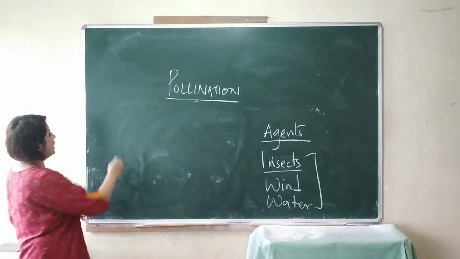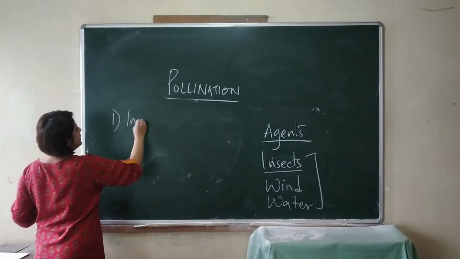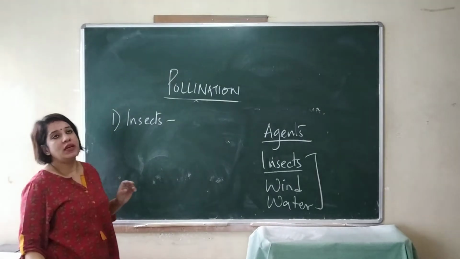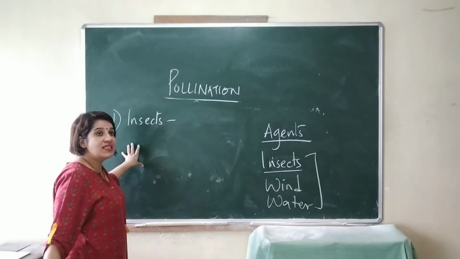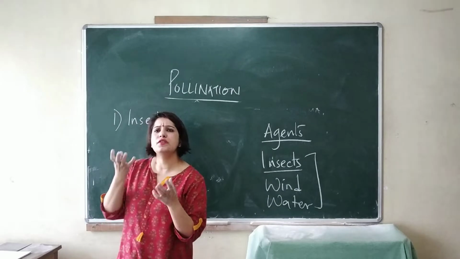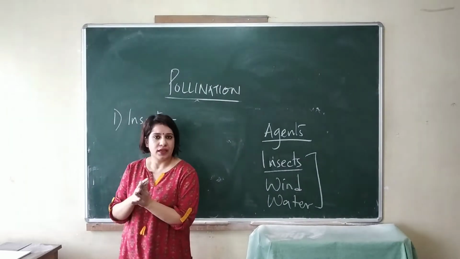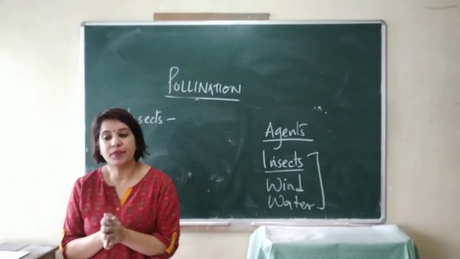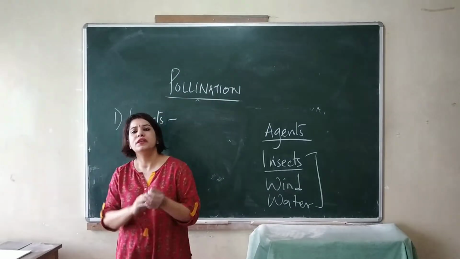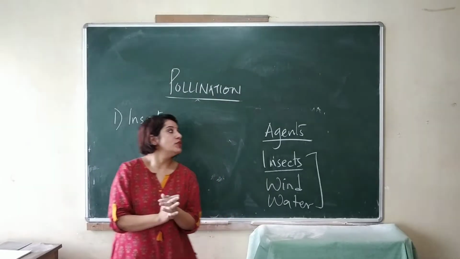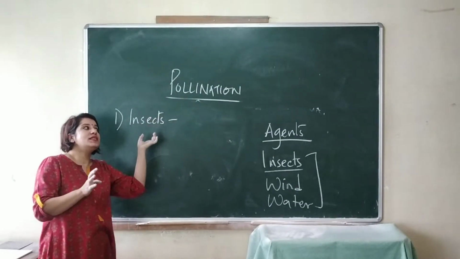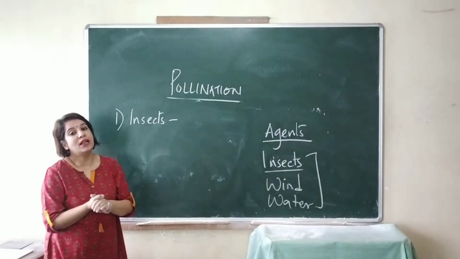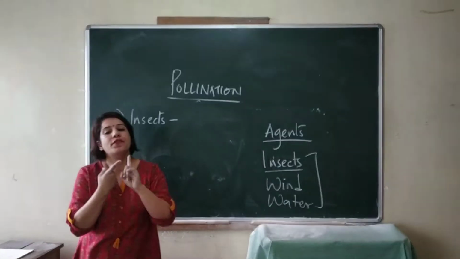The first agent is insects. So if pollination is to be done by insects, then what should the flower be like? Now, if the flower is very small, insects will not come. If the flower is not colored, insects will not come. So if pollination has to take place, and if insects are supposed to help in pollination, the first thing is